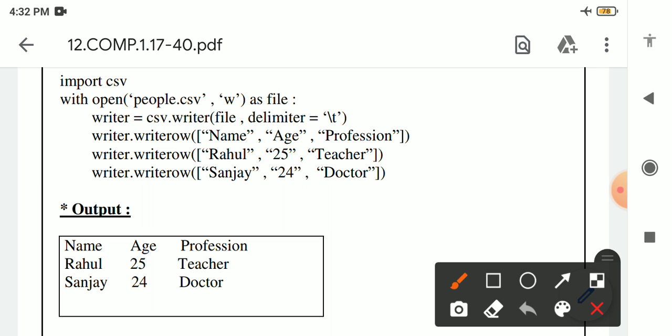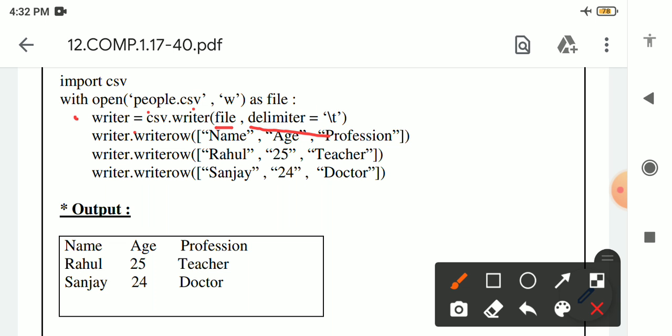So we will create one more variable. The name of the variable is writer. After that, the assignment operator, csv.writer. We are using the writer function, and inside the writer function we will write the file object name. The file object name is file. After that a comma, then delimiter equal to backslash t.